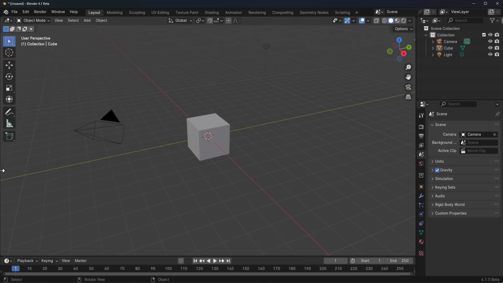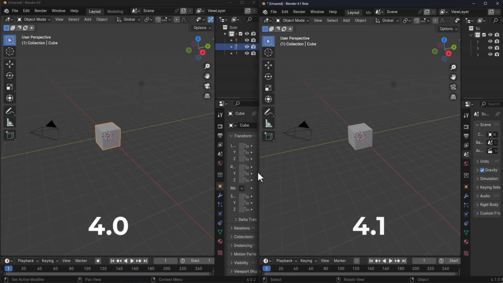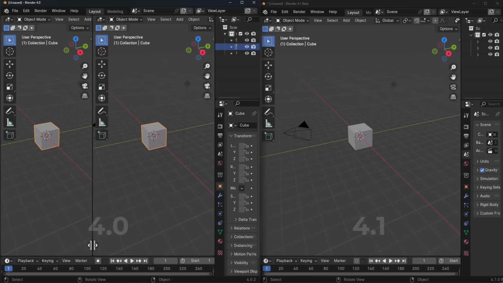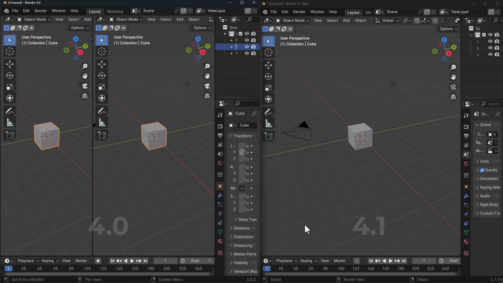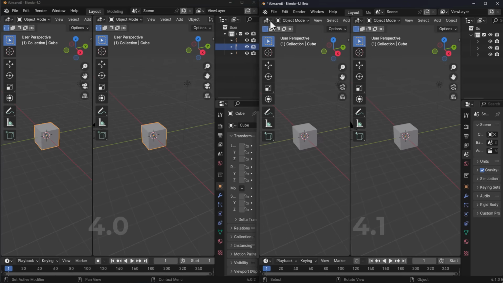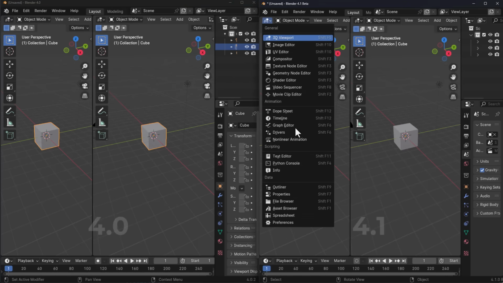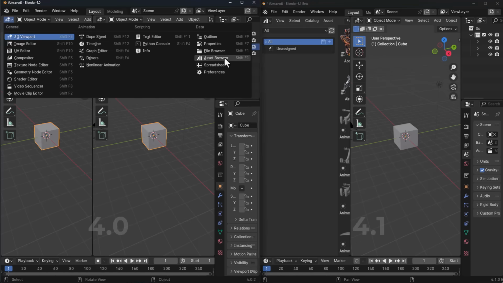The next update needs us to load up Blender 4.0 so we can take a look at these two. So one of the things I would like to show you guys is with the windows. If we drag out the new panel with 4.0 and we go over to the windows, you notice how this simply spreads out. With 4.1, however, this doesn't spread out like that. If you drag out and you click, this becomes a drop-down menu, which I simply love. So we can go over to the asset browser from here, rather than doing this and having it cover the